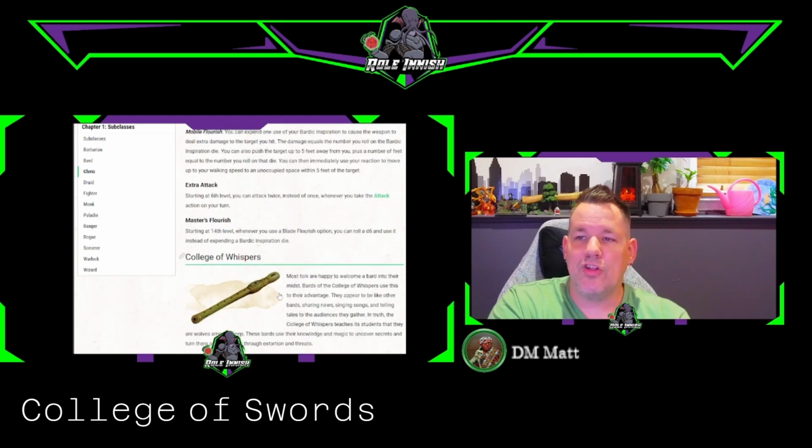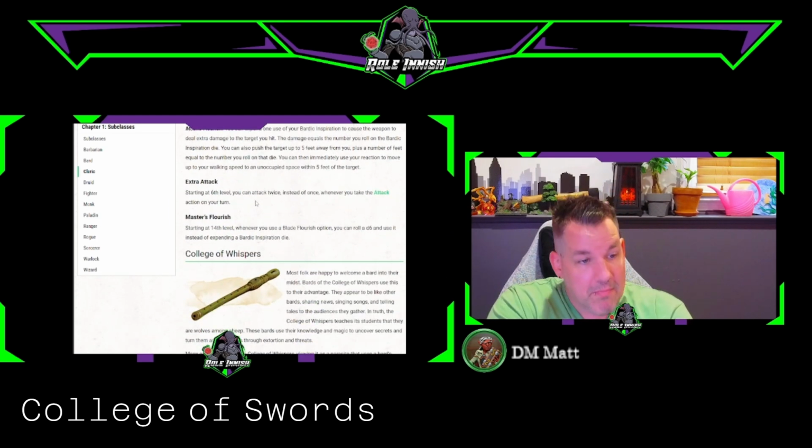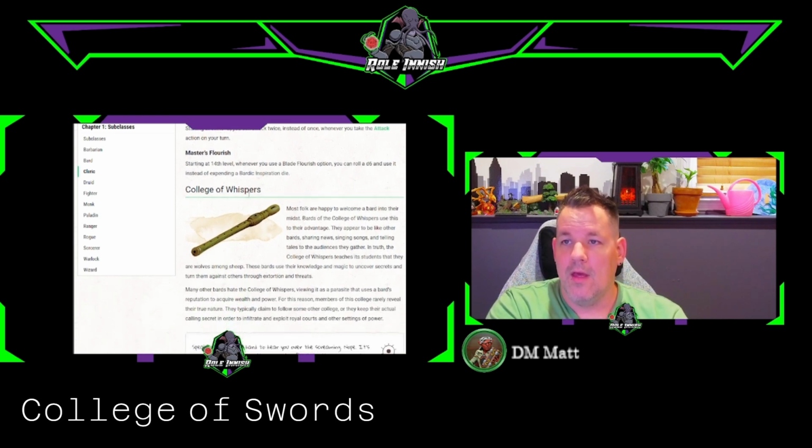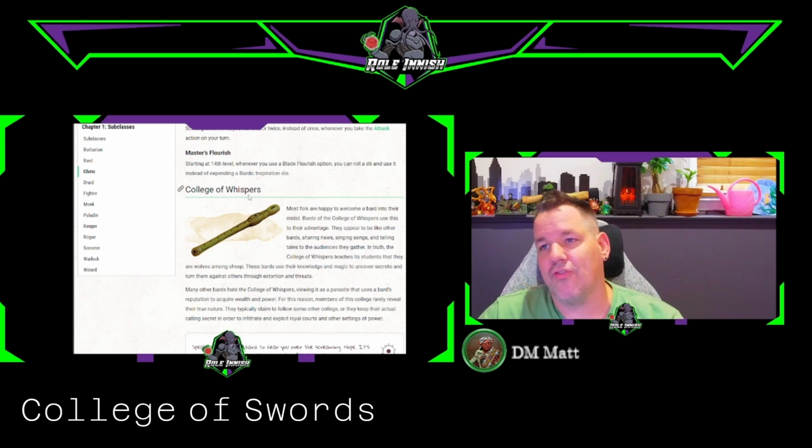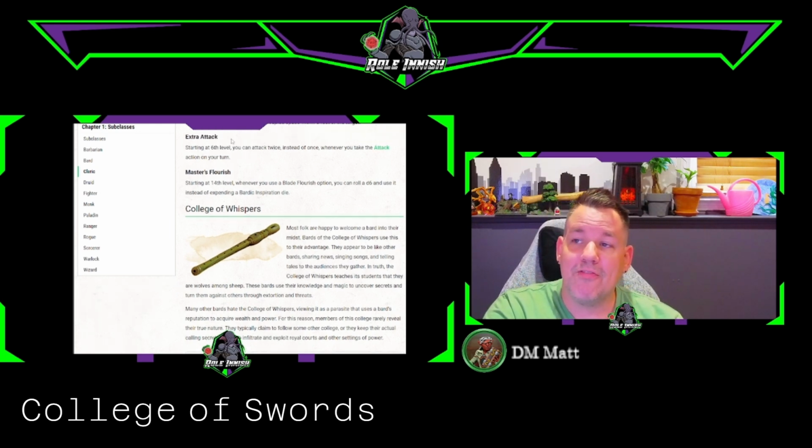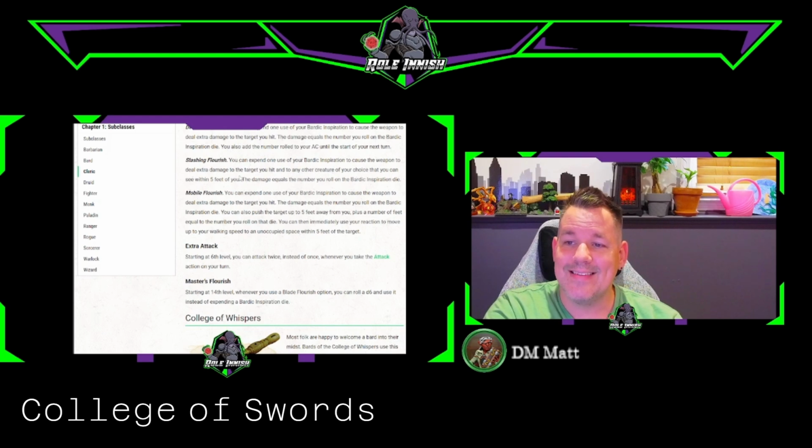At 6th level, you get extra attack. So anytime you take the attack action, instead of attacking once, you get 2. And at 14th level, you get Master's Flourish. Whenever you use a Blade Flourish option, you can roll a d6 and use it instead of using your Bardic